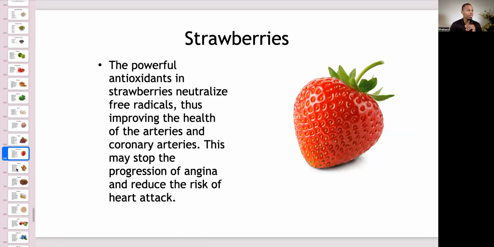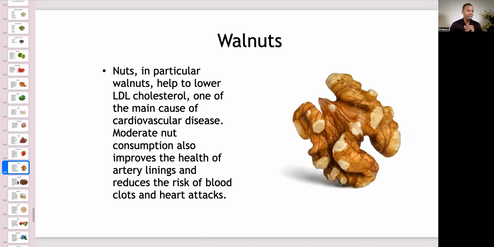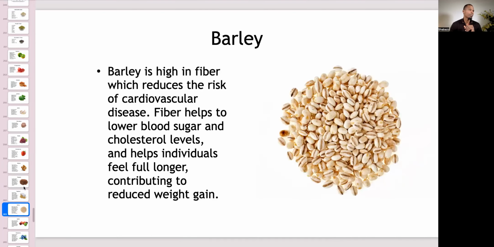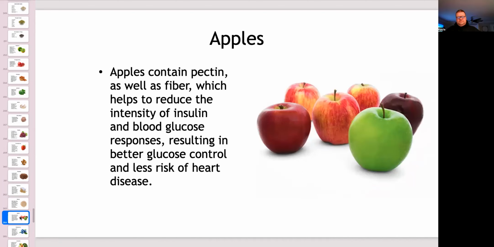Strawberries, antioxidants, all of these antioxidants lower LDL. Lowers LDL. Look at this. Flax seeds, soybeans, barley, all of this. Apples, of course, we talked about apples. You have to get that fiber. So on top of the antioxidants, you need three things. I already told you, three things: fat, protein, and fiber.